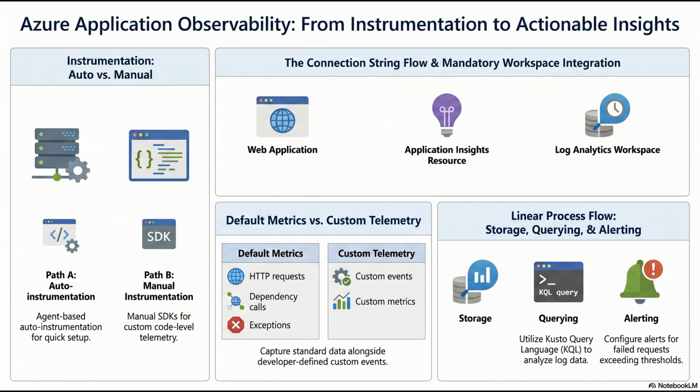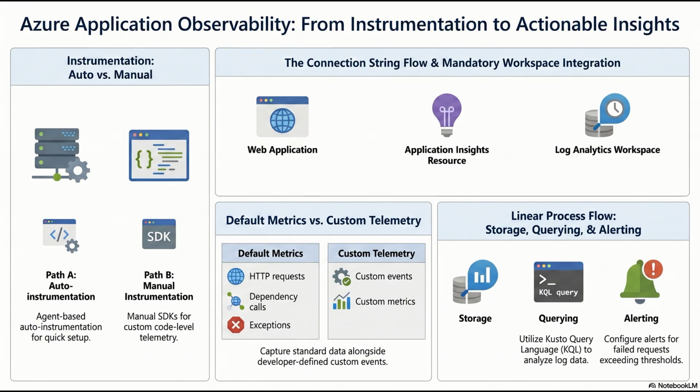Exactly. But there is a massive blind spot here. Getting server logs is great, but it does not tell us a single thing about our compiled application code. Not a thing. If a user clicks a submit order button on my website and the screen just hangs for 30 seconds, the server CPU might look totally fine. The infrastructure is green, but the business application is fundamentally broken. The OS agent cannot read the mind of a Python script.